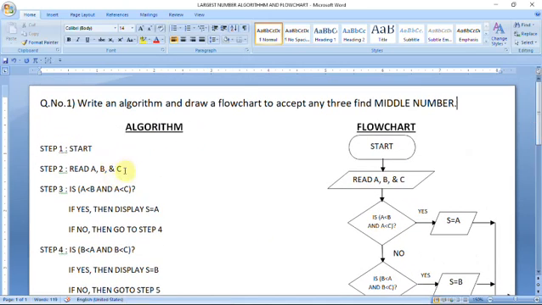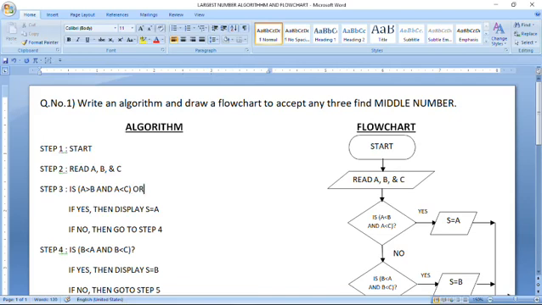So in the first step, we should not make any changes. In the condition, we have to make changes because we are going to find the middle number, so we have to give another kind of condition. You have to understand the logic of this condition. Is A greater than B and A less than C? This type of condition.